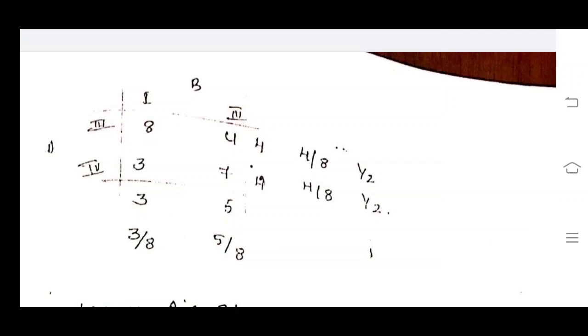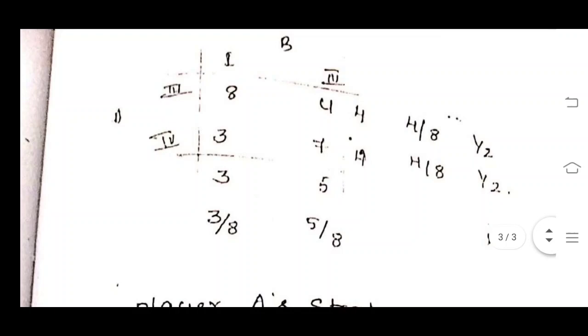And if you come to the columns, in this also the same case. For the first column, take the difference between the 8 and 3. The difference is 5, and it will be written in front of the fourth column. It is the fourth strategy. And next, for the column 4, the difference between the 7 and 4 is 3, and it will be written in front of the first column. Once you take the differences, they are written against the other column or the other rows.